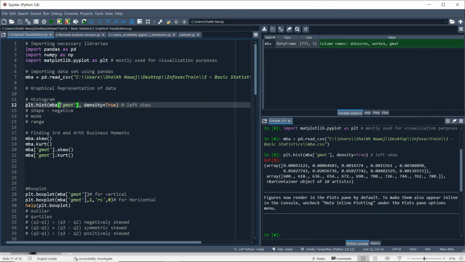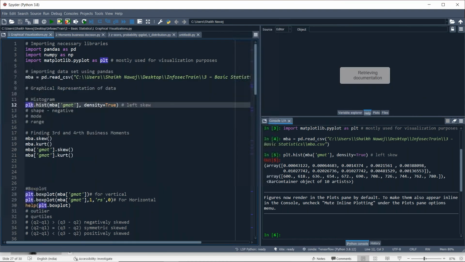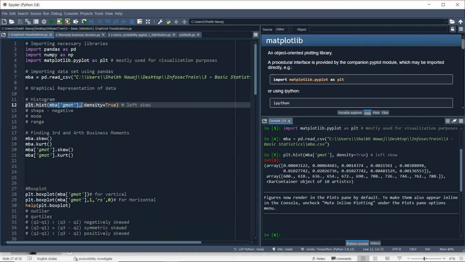With the help of plt, meaning matplotlib.pyplot as plt, we use plt.hist with the column name and density equal to 1, which means we are finding the histogram of the probability distribution of the GMAT column.